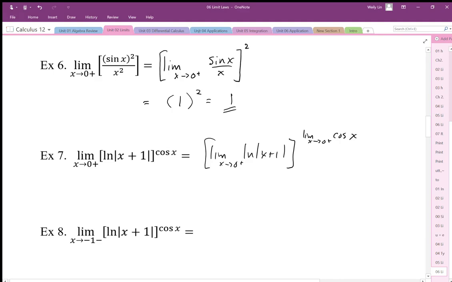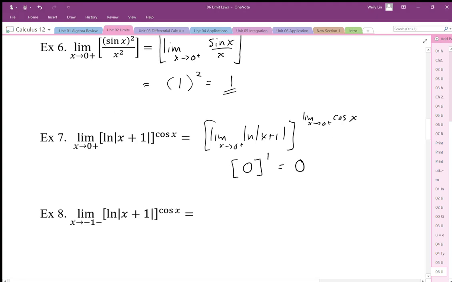So I can split off that limit in this way. I can apply the limit of the base and the limit of the exponent, and limit laws allow me to do this. As x goes to 0, the base becomes log 1, which is 0. The limit as x goes to 0 of cos is equal to 1. We end up with 0 to the power 1, which is 0. And we could do the same